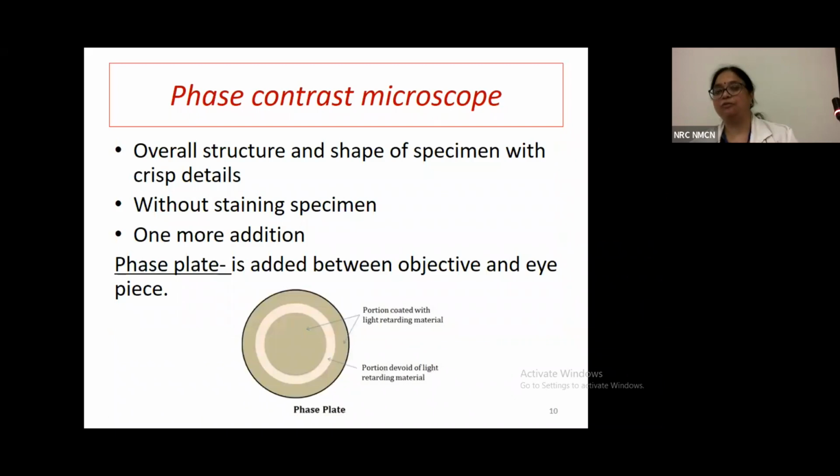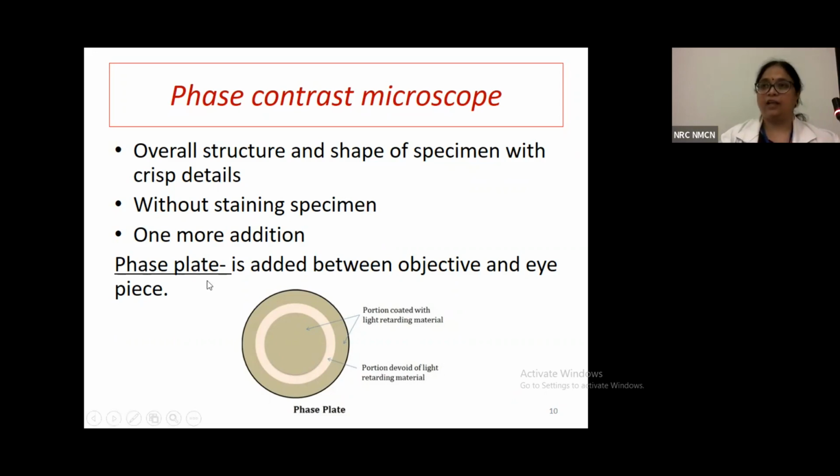The second special type of microscope is the phase contrast microscope. In this also, the specimen we take is unstained or lightly stained. But what do we see? The overall structure and the shape of the specimen, provided with crisp details without staining the specimen. And what do we add? We add one